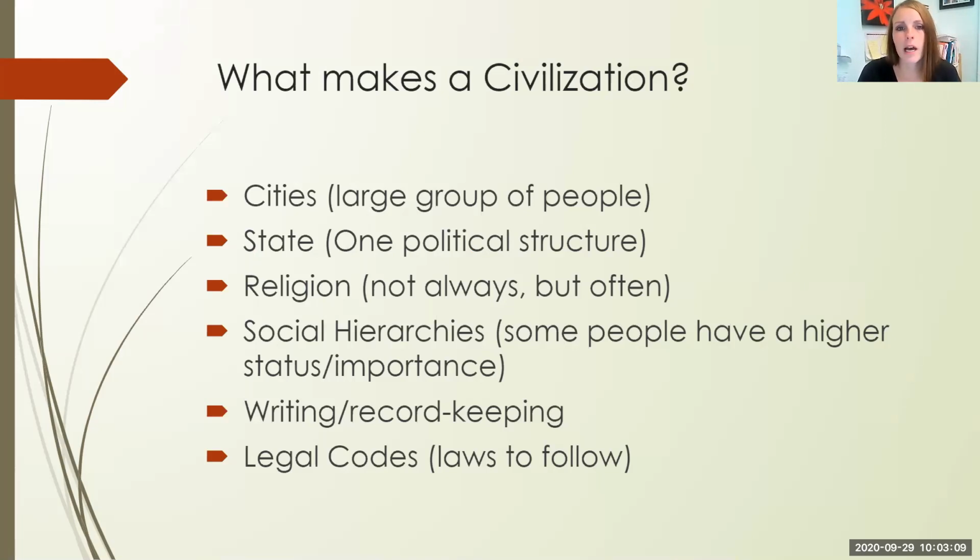And as unfortunate as it is, that's just the way that history's always been. There has never been a civilization without social hierarchies, meaning some people are better or more important than the others. A civilization has to have writing or record keeping, and it has to have legal codes, which are basically laws. So all of these things would make a civilization. If it does not have these things, it is not a civilization. It's just regular farmers who are just doing